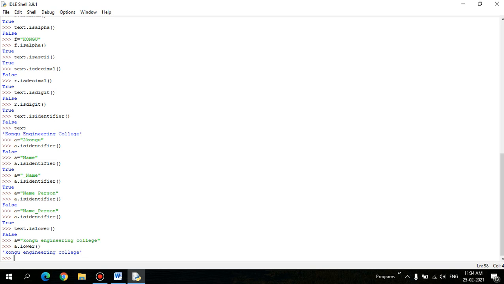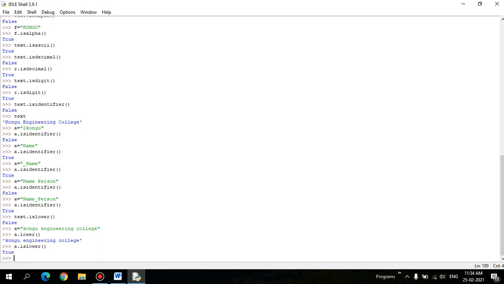So this is islower, it checks for islower. Now it should return true, and it returns true. Lower is a function that will come up later. Lower is a function that converts whatever string you have supplied, converting all the characters into lowercase letters. That's why now it returns true.